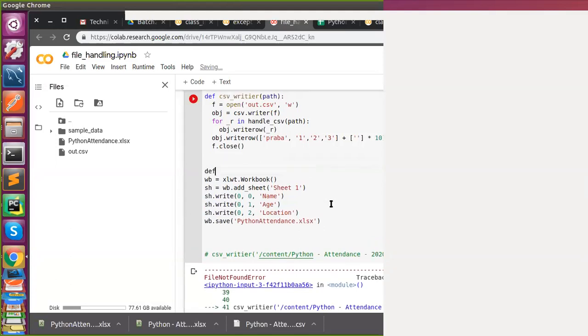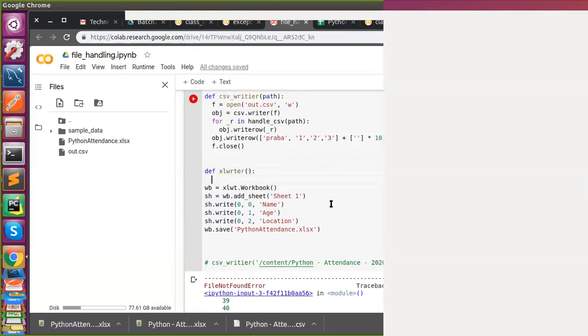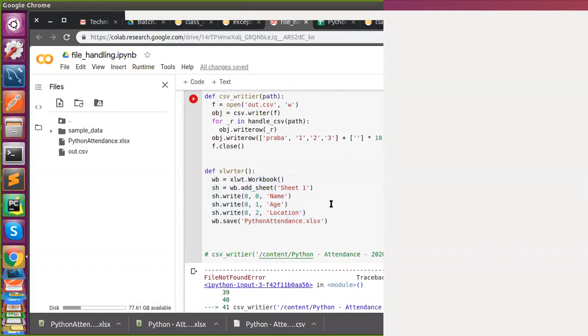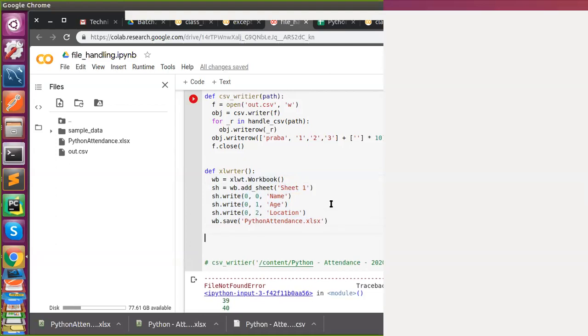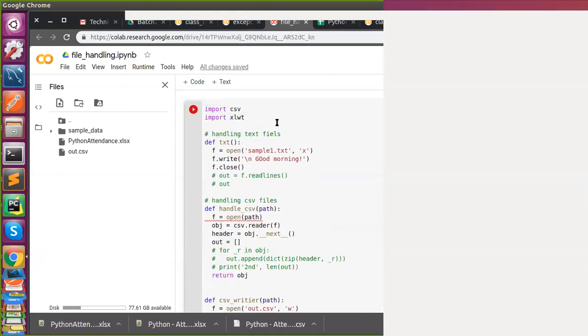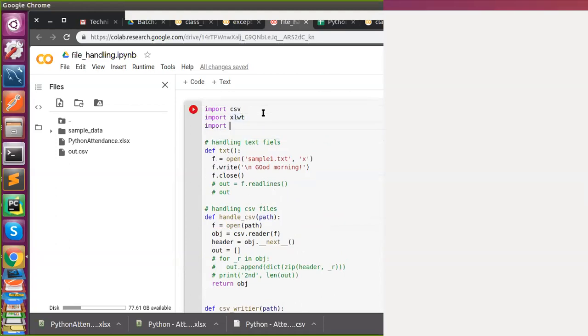You write if Excel writer. I created a function for Excel writer. For read, let's try with it. For read, what to do? Import what?